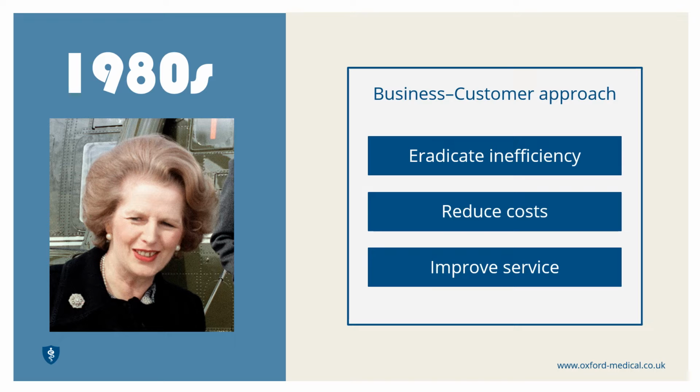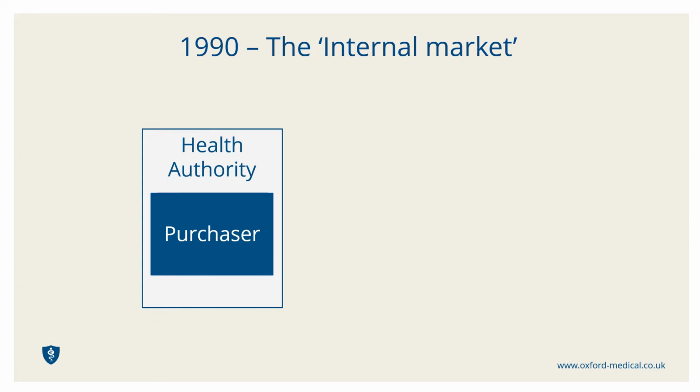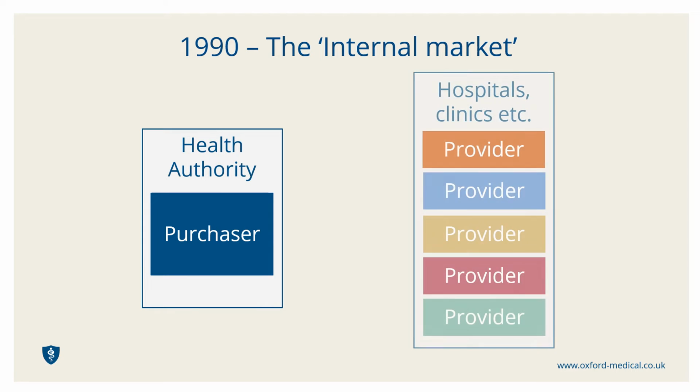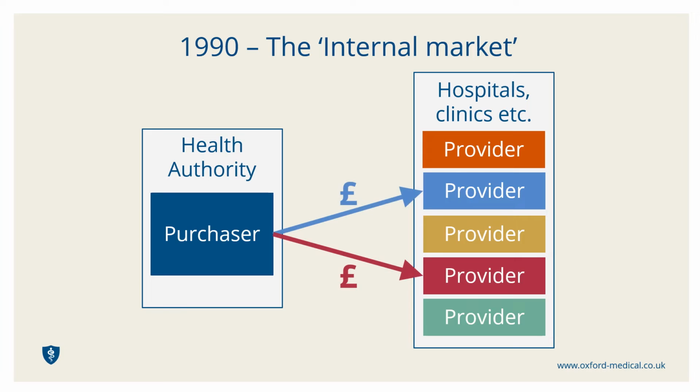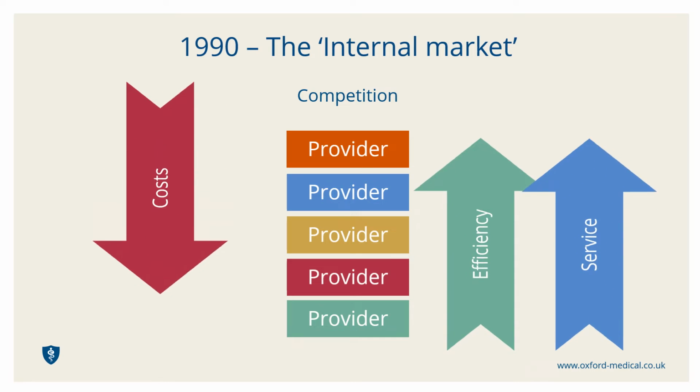The NHS and Community Care Act of 1990 arose from this business thinking approach, introducing what was referred to as the internal market to the NHS. In this model, a health authority became a purchaser and managed its own budget, while hospitals and other organisations who deliver services became providers. Purchasers were now effectively selecting where to buy care and services from a choice of providers. Having options, they may purchase one service from one provider and another elsewhere. The idea was that financial transaction and competition between providers would reduce costs, drive efficiency, and improve quality of services.